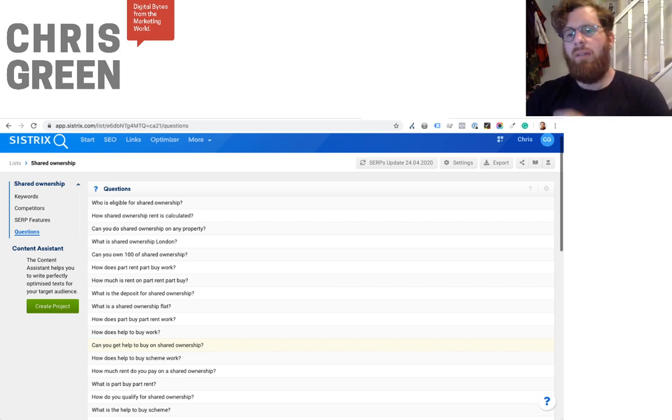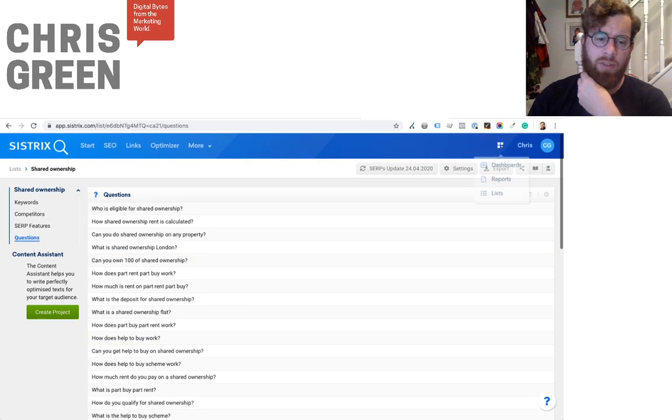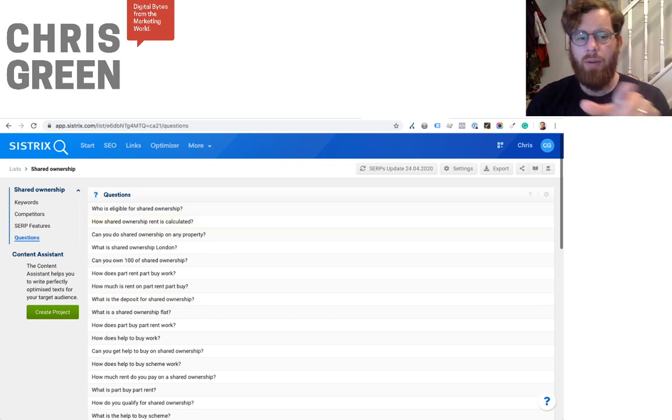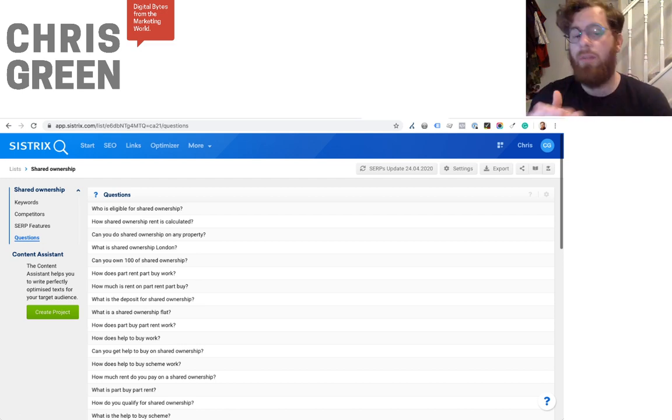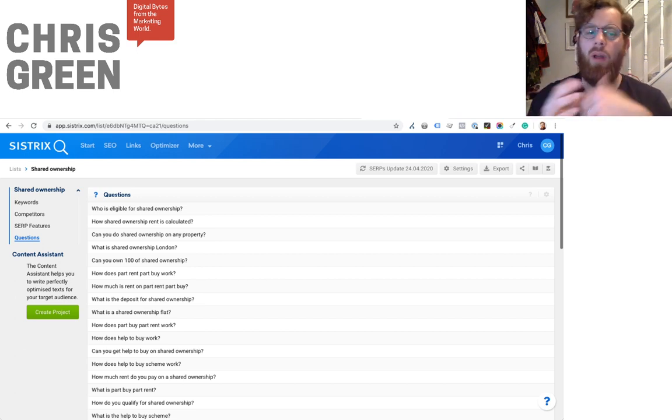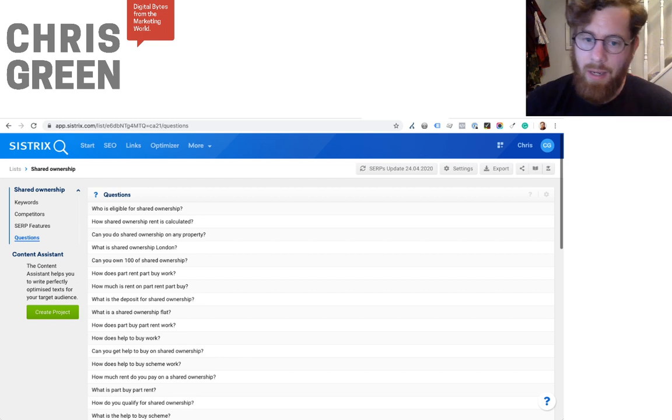So that is the very quick run through of the list functions and features. There's a whole lot more, and there's a lot of stuff you can do with the lists when you're in the rest of the toolkit, but this is some really powerful stuff here for not a lot of work. You can also go into SISTRIX's Content Assistant, which is really handy if you want to create content briefs that include the keywords, the questions, and various other bits of information to provide to the content team, or if you're going to write content yourself, it helps you write optimized, well formatted content, and it can even then check the level of duplication or potential plagiarism with the rest of the internet, which is very, very handy. But I'm not going to dig into that now because